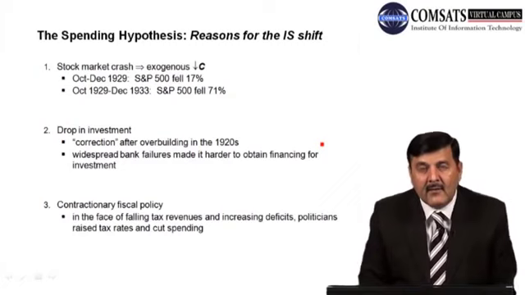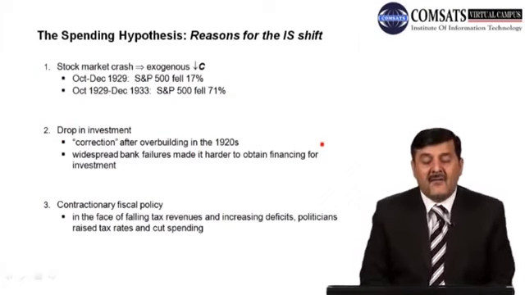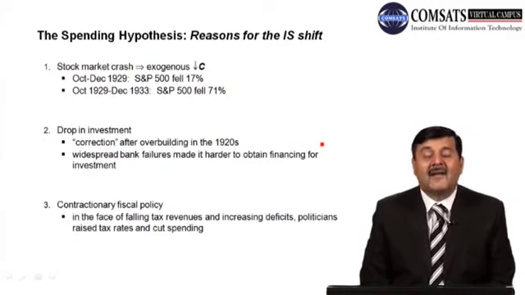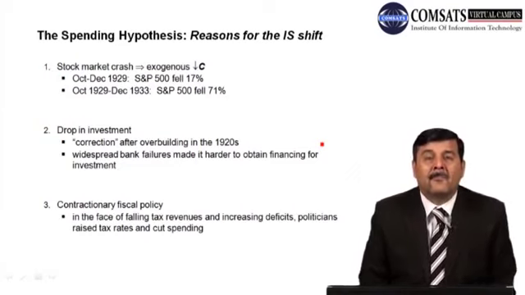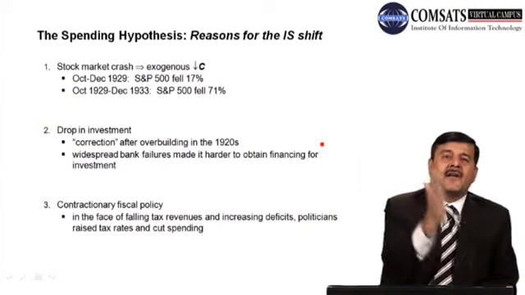Third factor which brought a shift in the IS curve was the contractionary fiscal policy. What do we mean by contractionary fiscal policy? Government, in the face of falling tax revenues and an increase in deficit, politicians raised tax rates and cut spending. What happens? Politicians ने टैक्स में इजाफा करना शुरू कर दिया, स्पेंडिंग में कमी वाक़या की, और बिकॉज ऑफ दिस रीजन IS कर्व शिफ्टेड।